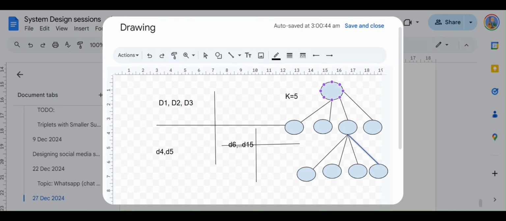But one of the disadvantages of having a quad tree is that a quad tree only works best for static locations, the locations that do not change a lot, because it builds indexes on this, and updating an index is a very costly operation in a quad tree. So if there are frequent updates happening, let's say if these locations are continuously being changed, then there's a problem with the structure that a quad tree uses. So it is good for the Yelp kind of design, because there the locations are pretty much constant, because nearby places and nearby shops or restaurants, their locations do not change. They are mostly static.